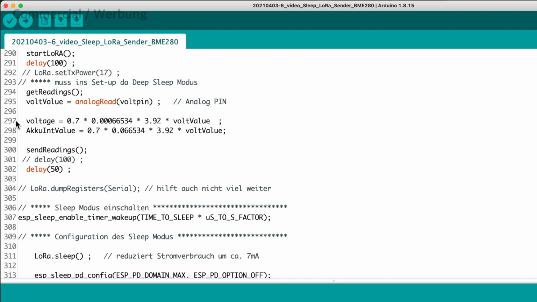After that, we get the sensor readings. My experience is that this works all fine. However, I found out that there was a problem with the analog read command. I got volatile readings for the battery voltage, which were in the range of plus and minus 10%. And with that problem, the battery voltage measurement was practically useless.